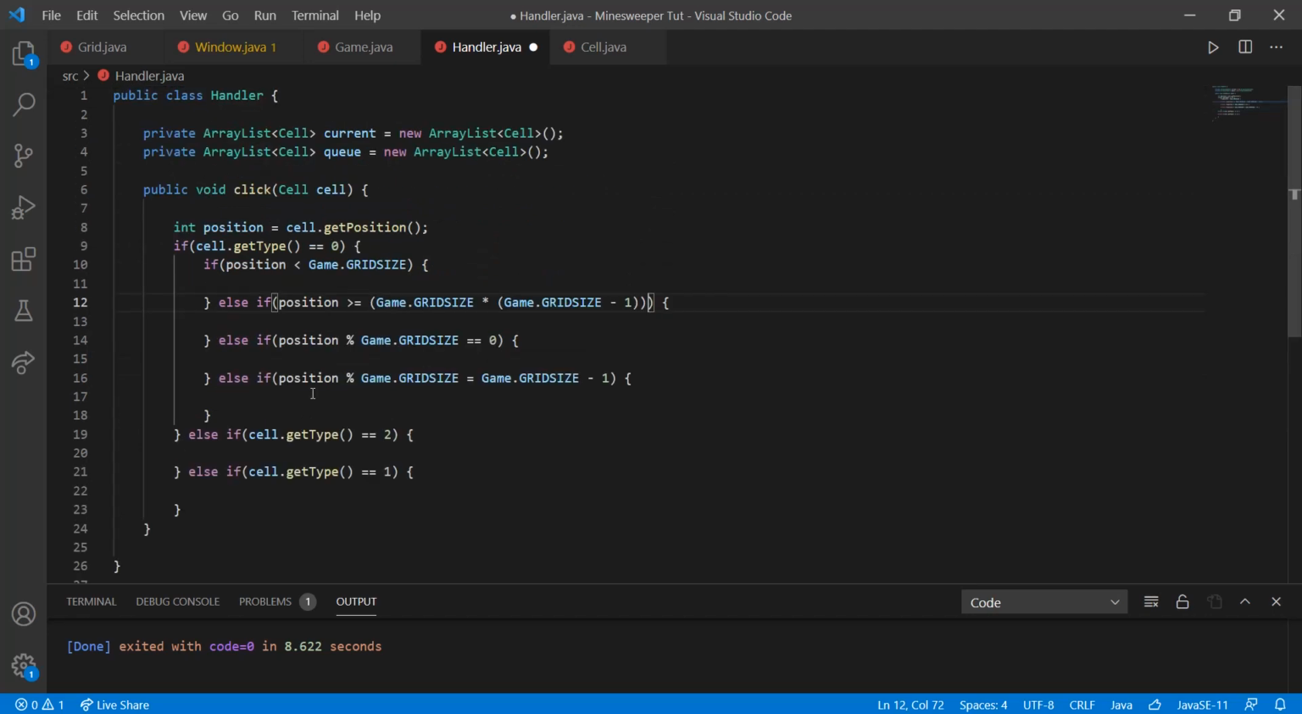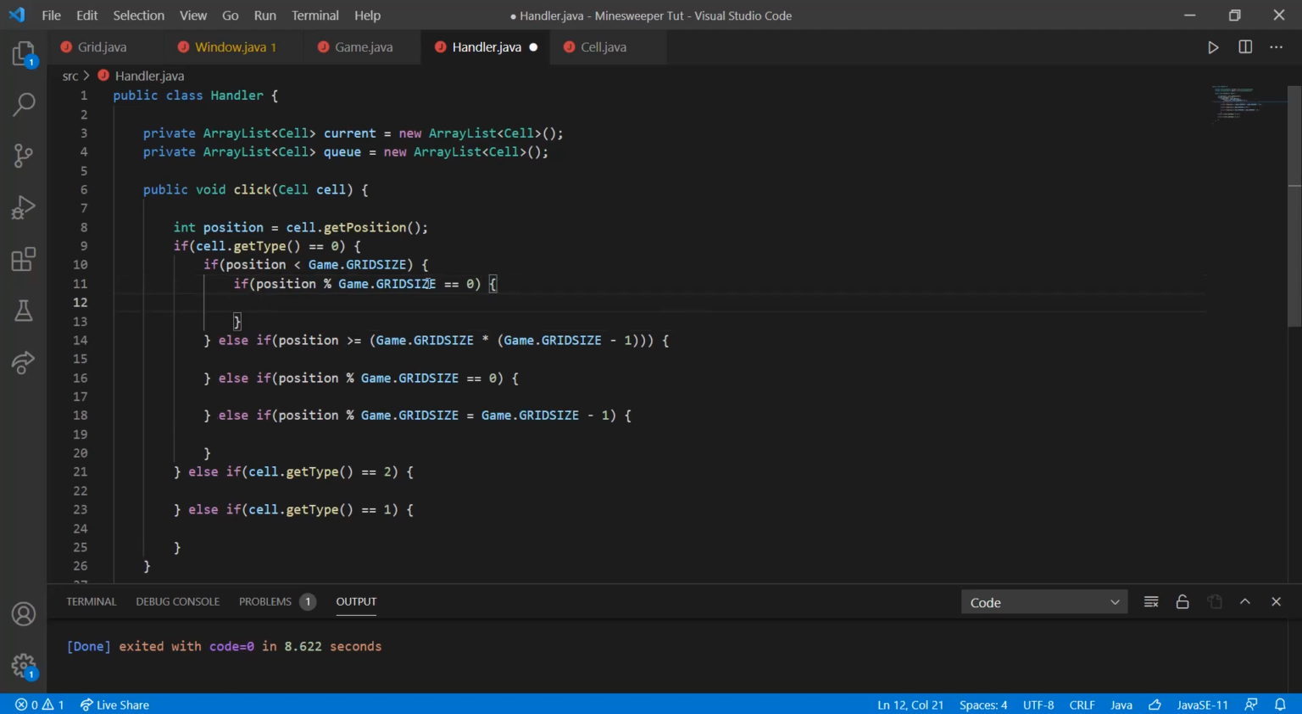Now, within each of these if statements, we're going to have a small branch of if statements as well. So let's deal with this first. If position modulo game.grid size is equal to 0, this would be if it's in the top left corner. Then we're going to add the adjacent cells to our queue, which is what's going to aid in handling the cells that are adjacent to the ones we're looking at. So we're going to say queue dot add